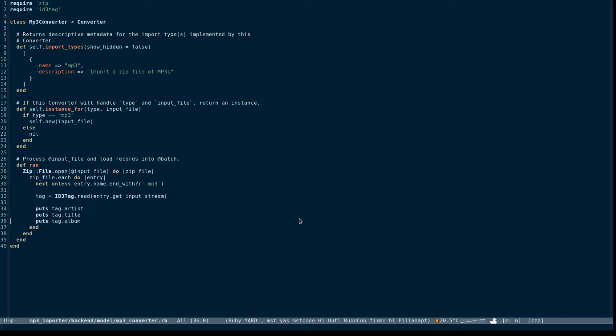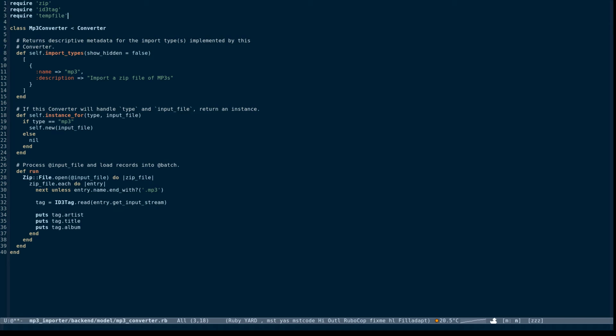So I was kind of hoping to avoid having to fully unzip the thing. Maybe I will just extract each zip file entry to a temp file, and then we'll work off the temp file and delete it once we're done. It's probably just as easy as anything. Alright, so I'm going to need a temp file, and somewhere here I'm going to say temp file dot open, I think, track